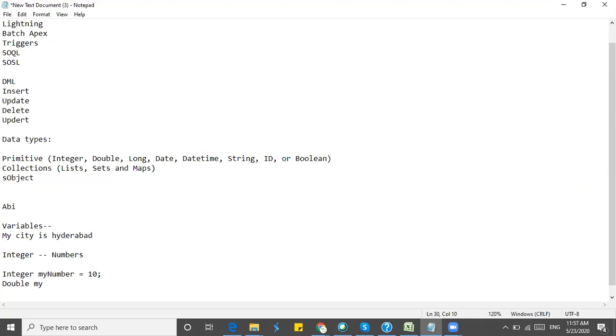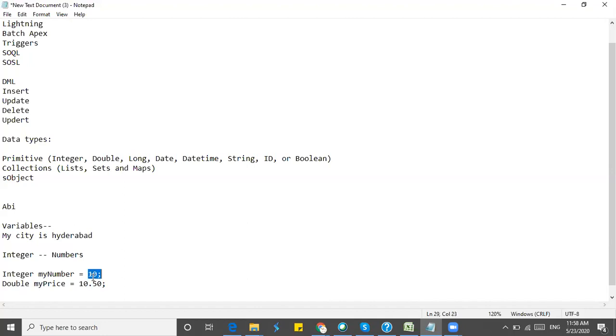Let's say currency will be having a decimal point. Let's say the value of the price is 10.50. Then we'll be assigning it to double. Double will accept decimal points, and integer will not accept the decimal point.